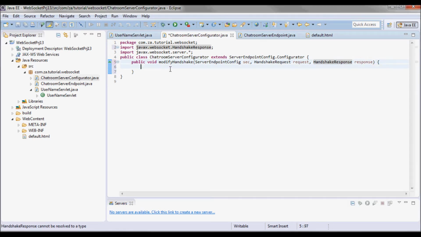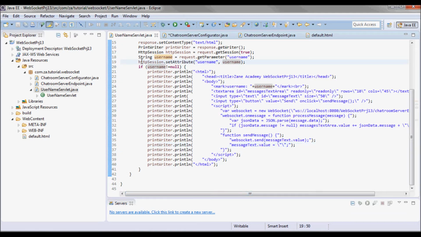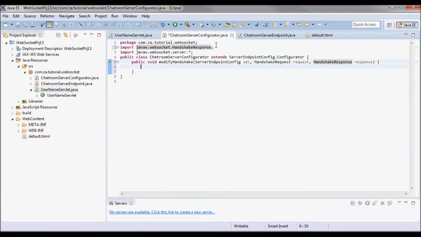And here I will be picking up the username attribute from the HTTP session, from here, from the servlet. So I did here HttpSession.setAttribute username, and I will be putting that username in the user properties.